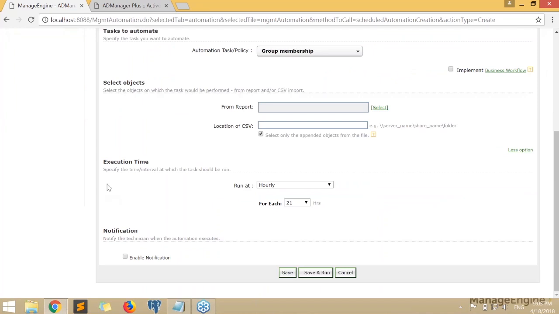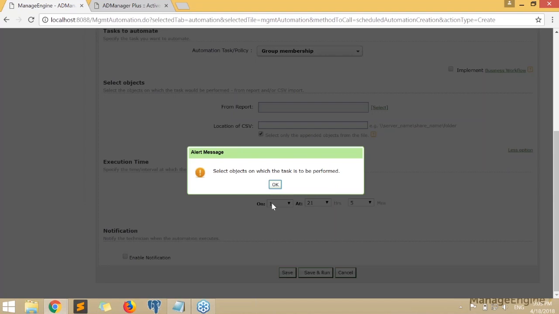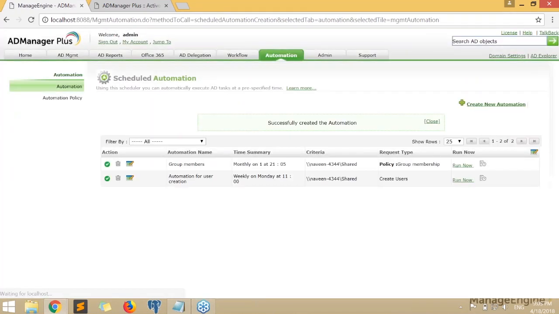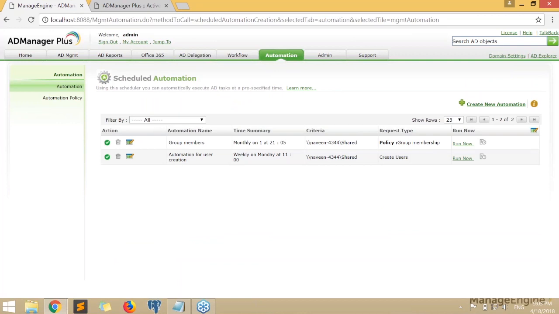And now finally, the steps are the same. I have to choose the execution time. So I keep it as monthly. So on the first of every month, I'm going to run this automation. And finally, click on Save. Okay, so now if this automation is run, it'll go to the CSV file, get the list of users,